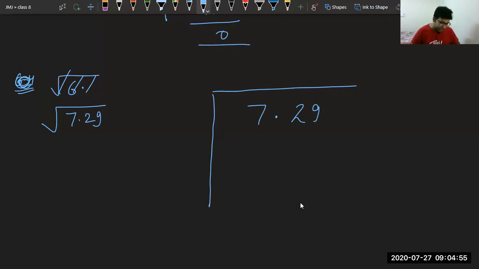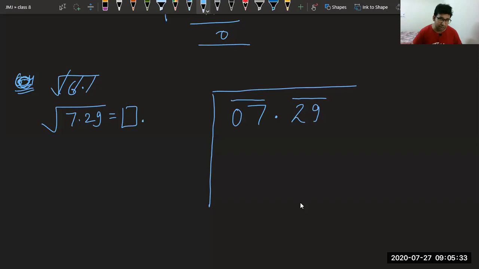First tell me, where shall we add 0? Because we have only 3 digits. Where should I add 0? Please tell me. Before 7. Very good. I know before decimal, I have to go from right to left. So I will add 0 over here. And after decimal, we go from left to right, which is complete. So both the pairs are complete now. We can start the question. Now tell me, the answer will have also 2 digits.